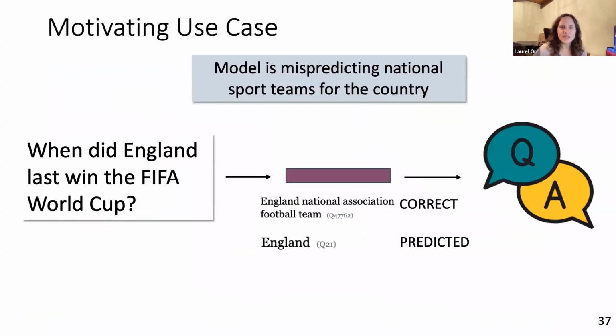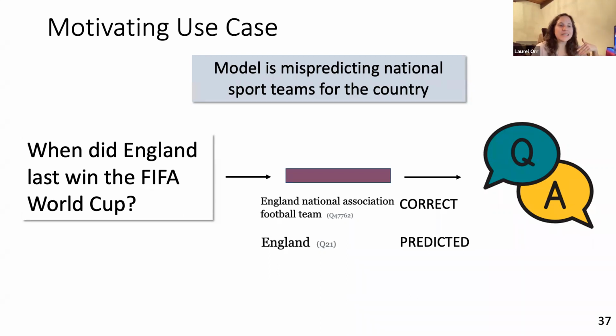To motivate this, let's go back to the simple QA model that I presented before. Suppose an engineer is looking at model outputs and notices that the QA system is missing a lot of queries related to national sports teams. This is an error I see all the time in our disambiguation models. Upon further investigation, the engineer notices that the underlying NED system like Bootleg is mispredicting national sports team mentions like the word England as a country rather than a sports team.